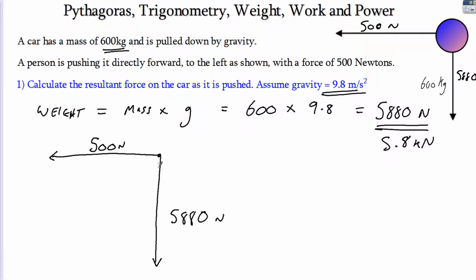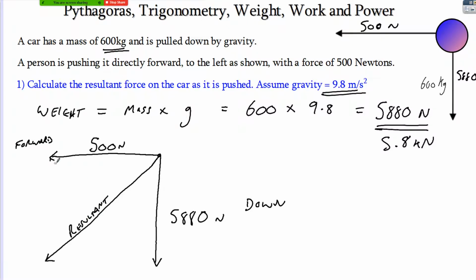Obviously, if I'd drawn it to scale, this line would be a lot bigger. So we've got a left push, pushing the car forward in that direction. So that direction's like forward because we're looking at it from the side. And then we've got a down weight, and the resultant is going to be left and down. So that's the resultant